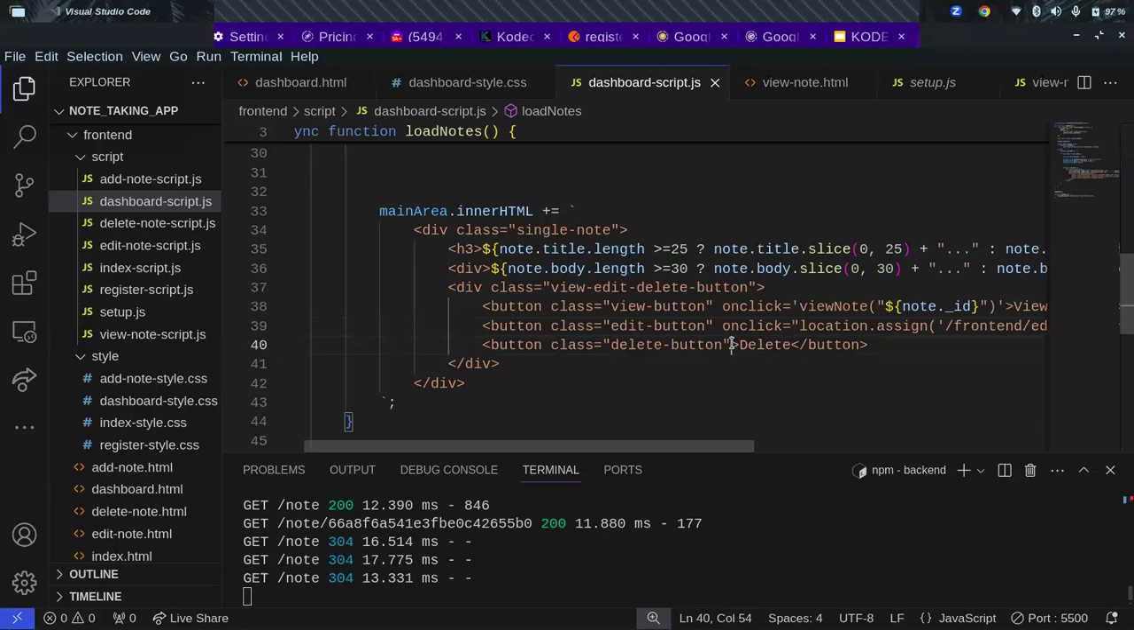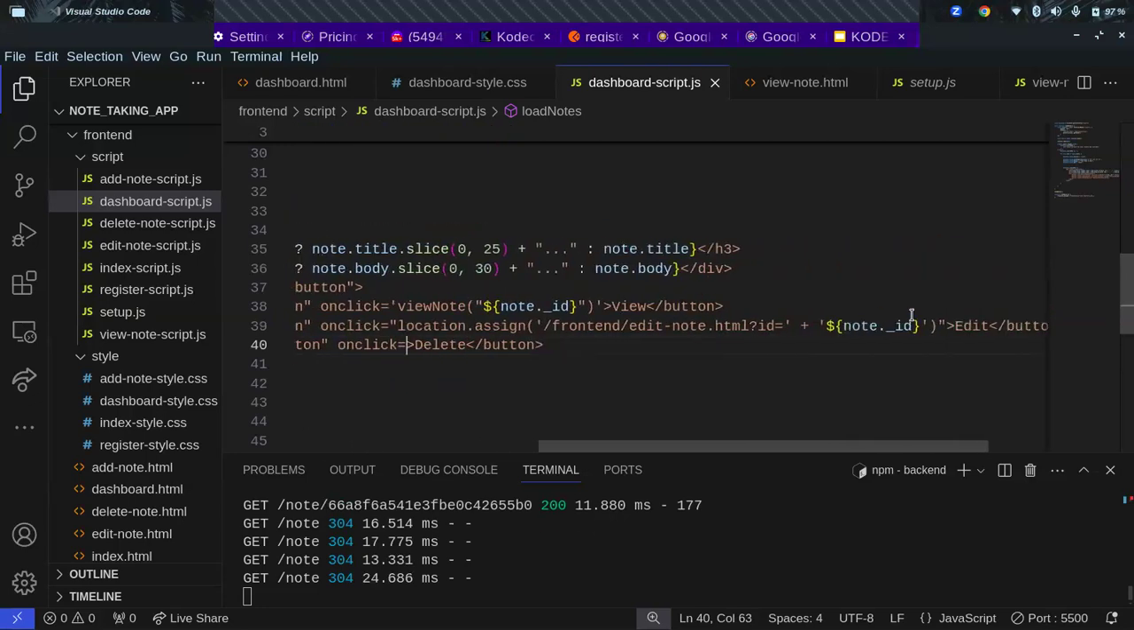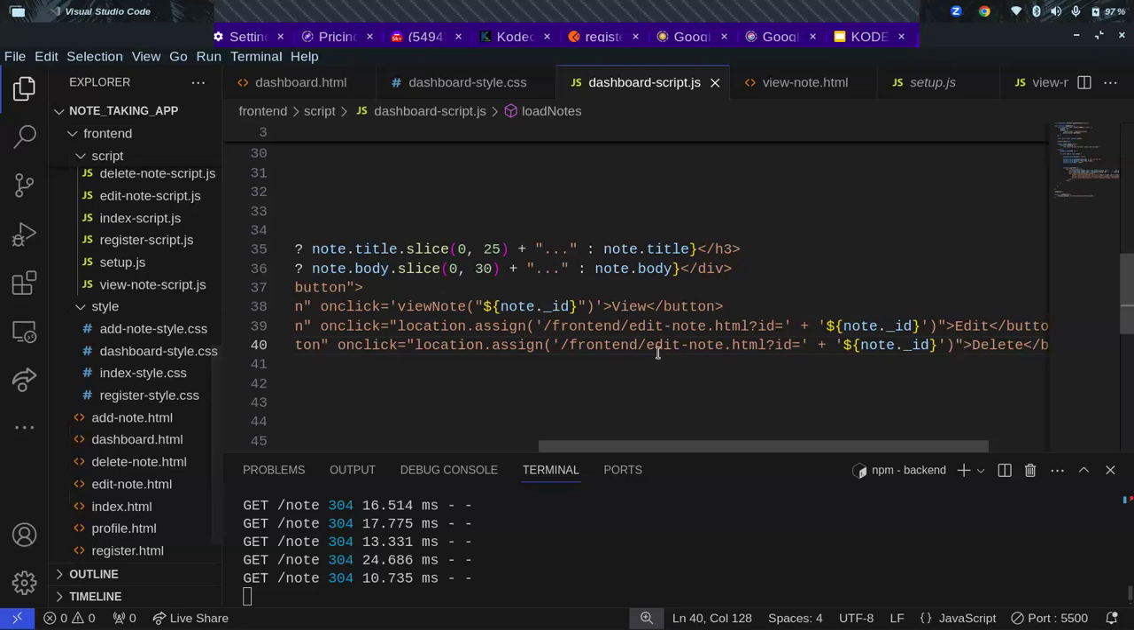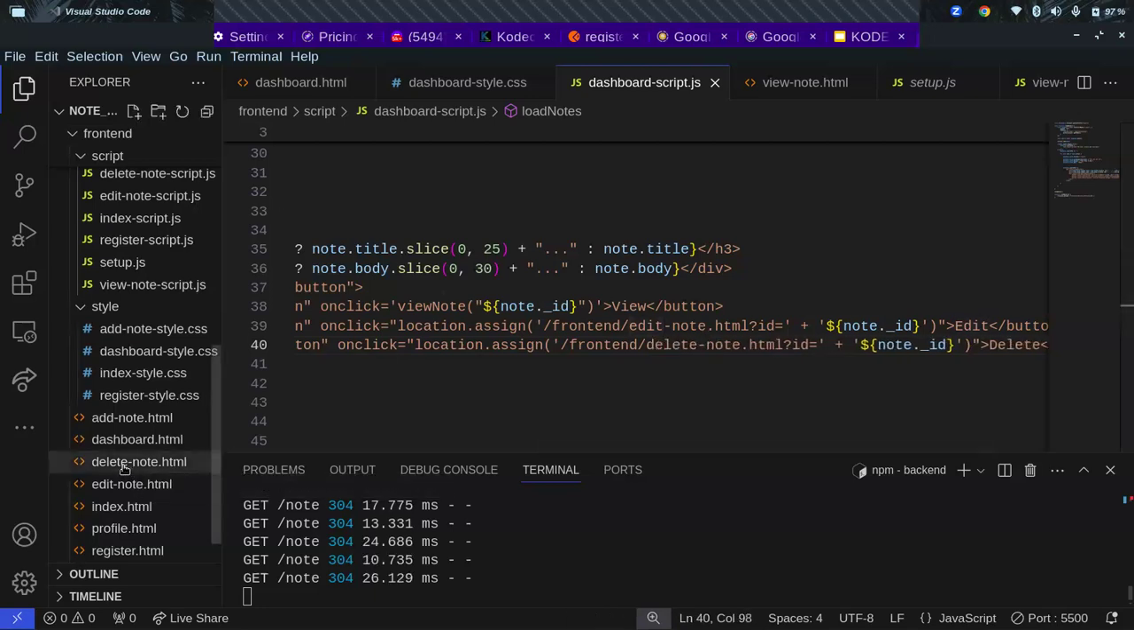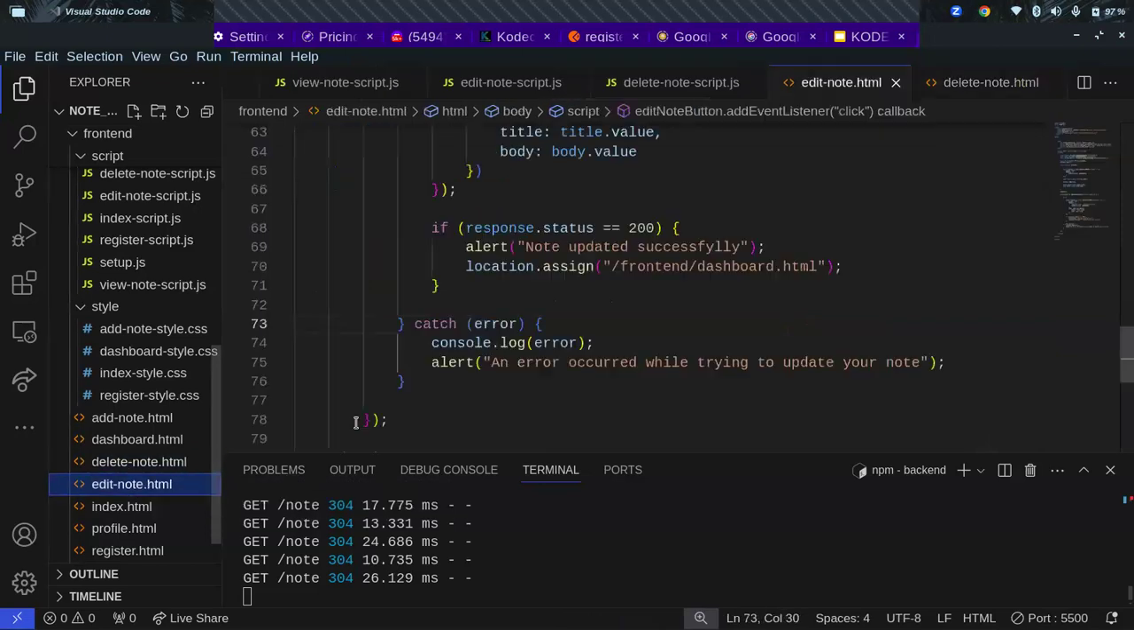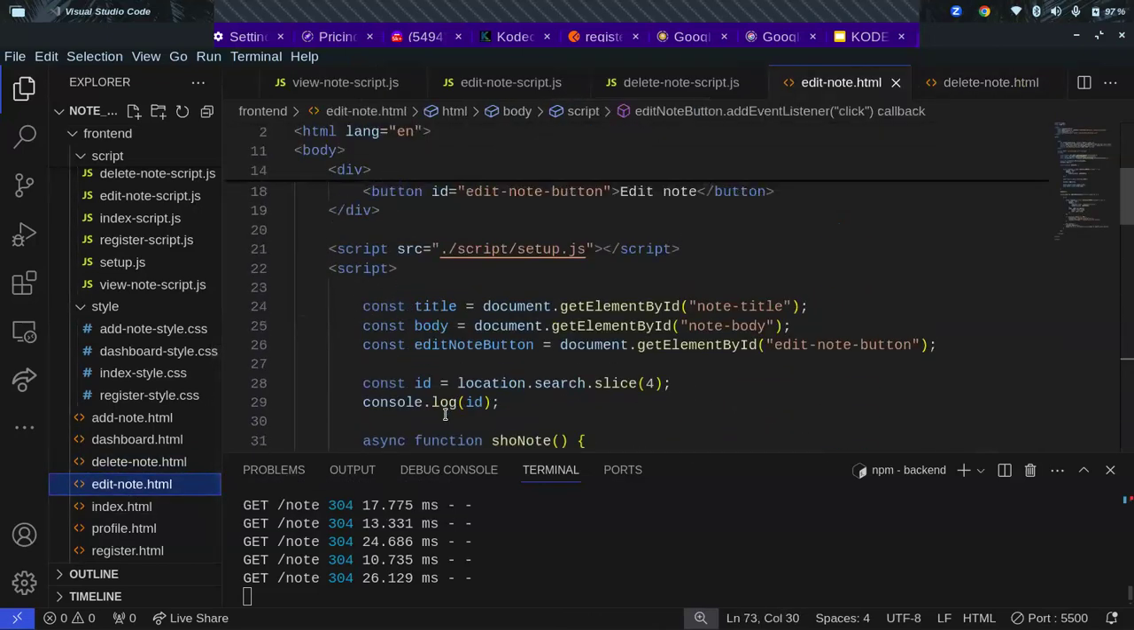So I think delete will be the last thing we will do, and then we call this class a wrap. So I'll say on click, I could just simply copy this whole thing here because it's the same thing, but instead of edit notes.html, I want to go to delete notes.html. So I'll just change this to delete notes. Then when you land on delete notes, right? I want to copy the same